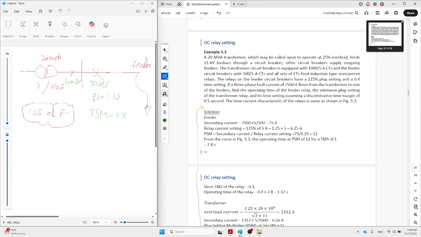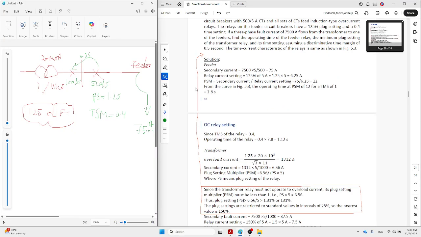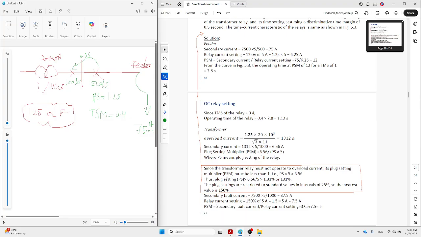Fault current at this point is 7500 amp. Again, they ask to find out the settings, with the discrimination time also given, again 0.5 second. Find out the operating time of this relay and this relay, and the TSM for the other relay if possible. Here we have a note. I ask you to change this paragraph from the answer to the question part as a note. For the transformer, okay,